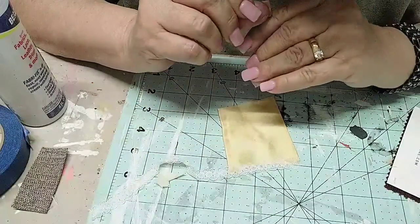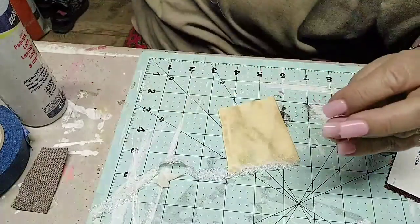There's one side. Oh, I love it. I love it. And I had,